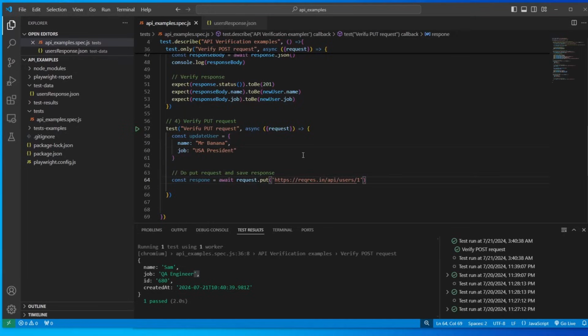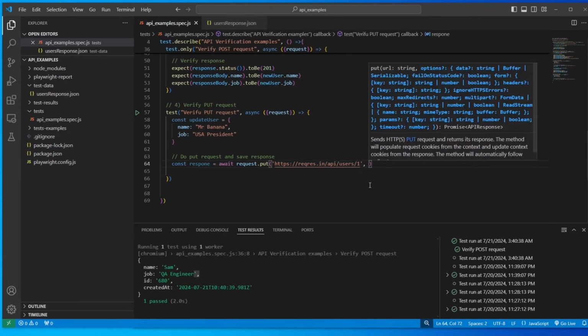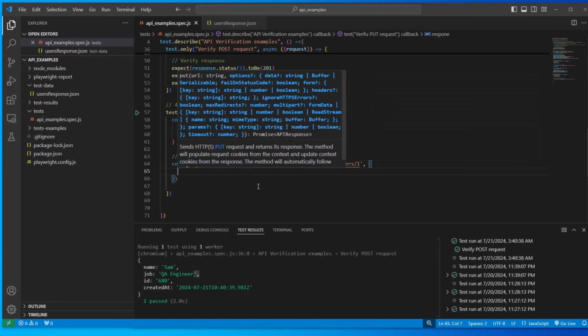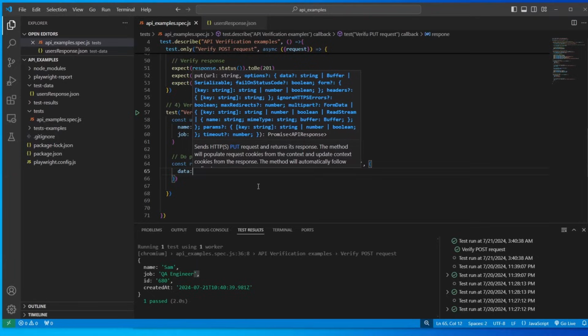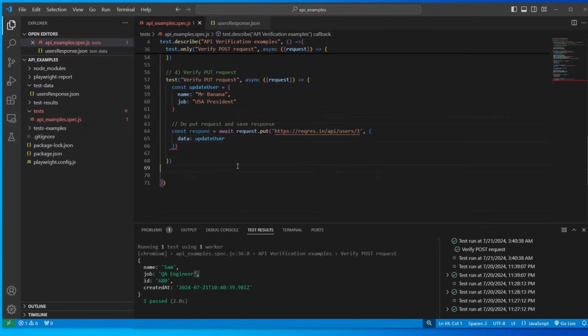Okay, user number 1. Here, after the link, we need to provide the object. So data, updated user. Okay. And we're gonna save